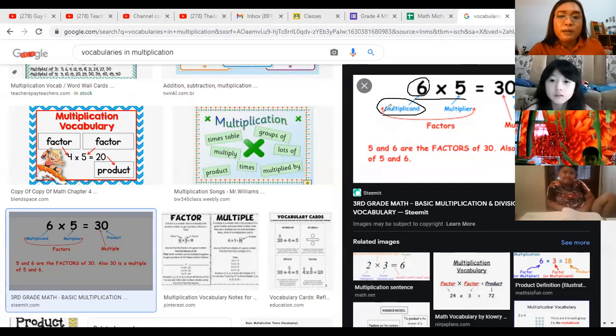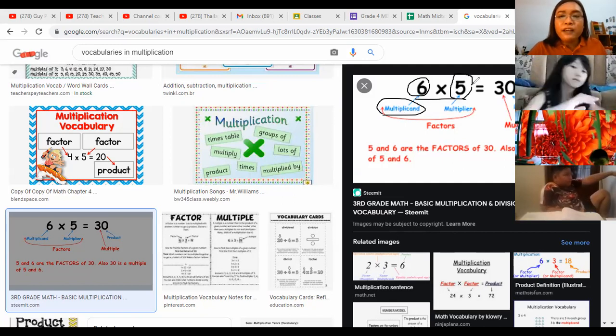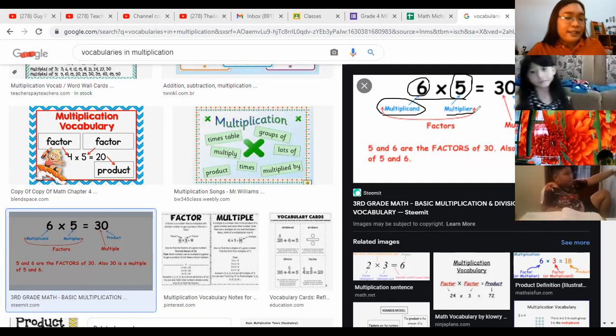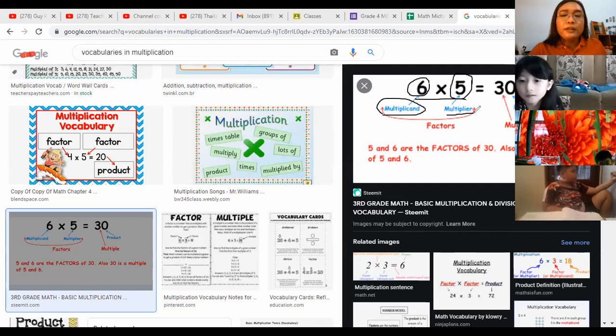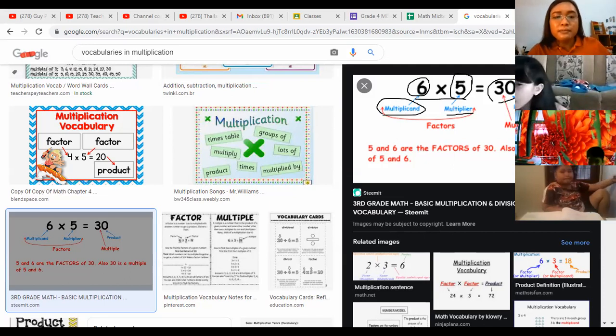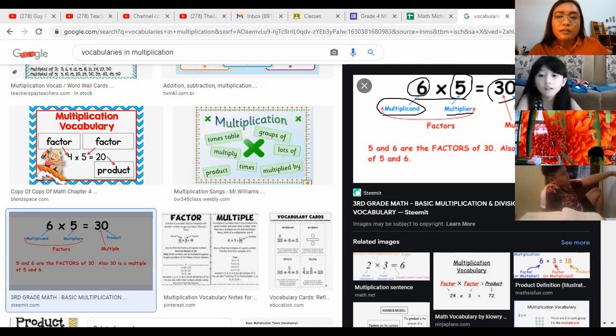Can you say this word? Multiplicand. Okay. And number 5 here is called the multiplier. Multiplier. Okay. And the answer here, 30, is called the product. Product. Okay. So 6 and 5, or multiplicand and multiplier, they are called